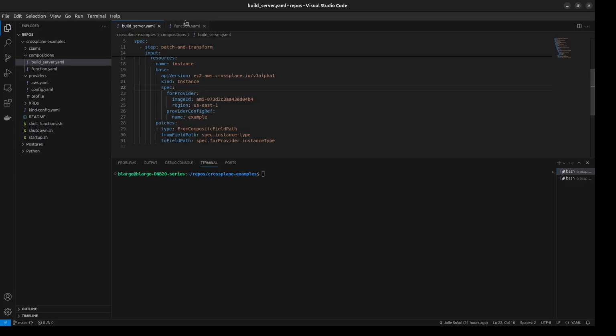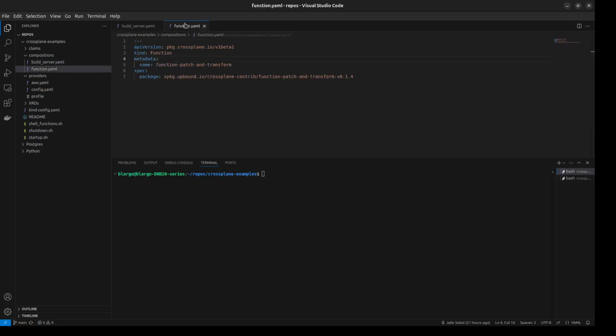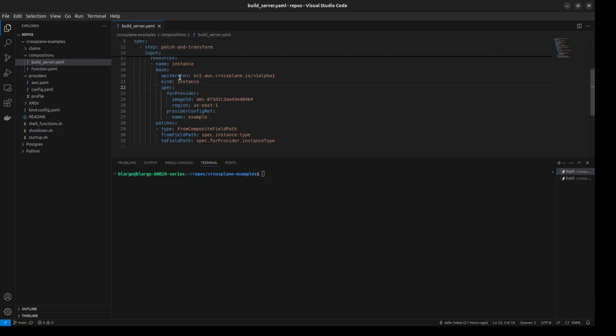This patches section is allowed because of that function. I don't want to close that. Because of this patch and transform function. From composite field path, I'll show you what that is when we go to the XRD. It will take